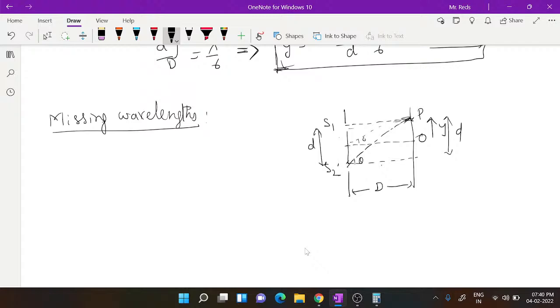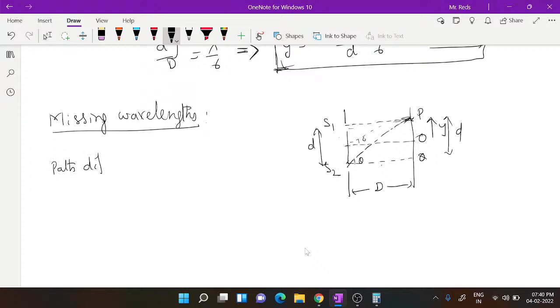S2PQ is a right angle triangle. You have taken S2, so let us take the path as S2P, with S2 at this point. In this triangle, the path length S2P is the hypotenuse, so it is equal to the square root of one side squared plus the other side squared. From this we can say the